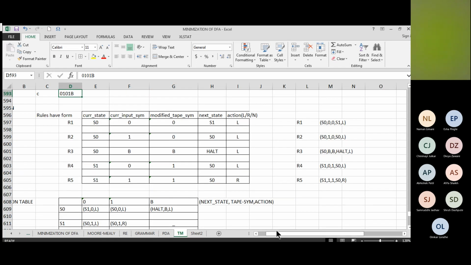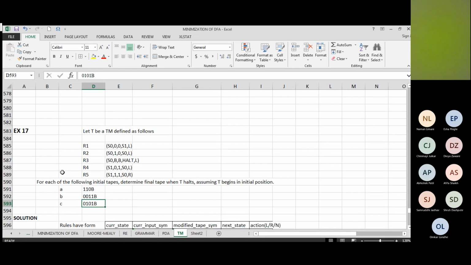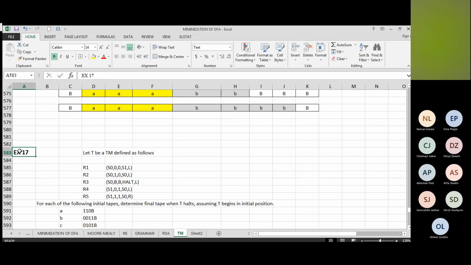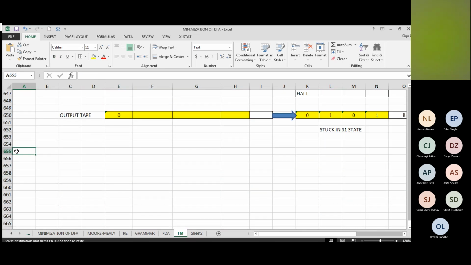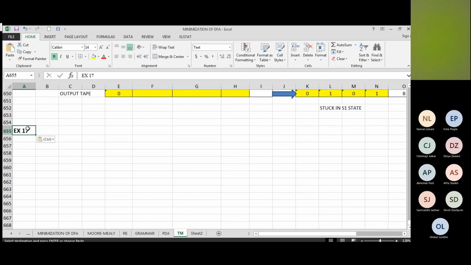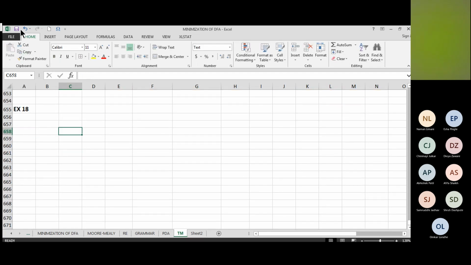This was sum number 17. Next, with some different logic, 18. Let me copy the sum. It says that you need to design the right shifting